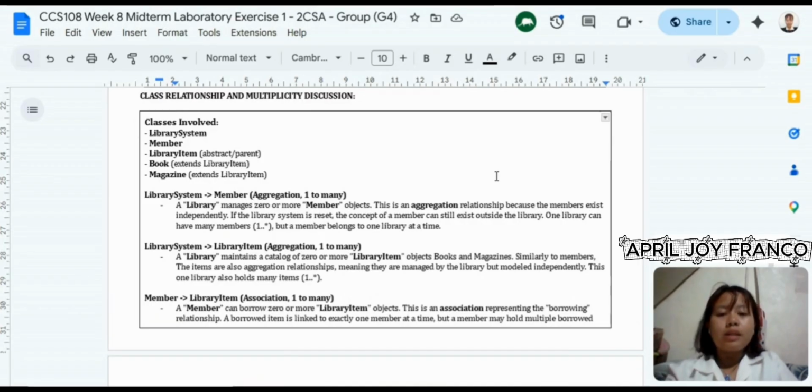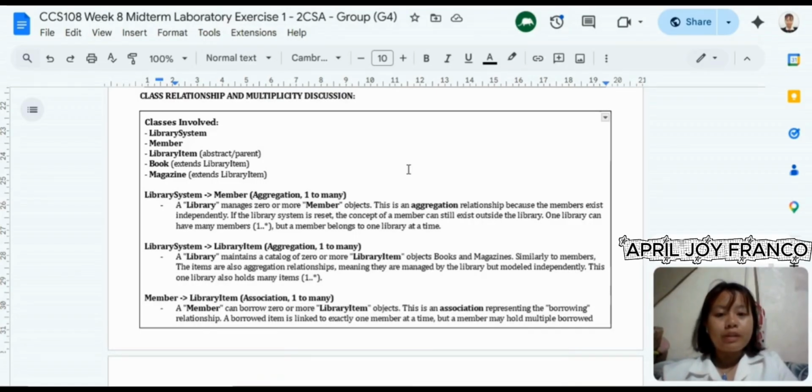One library system can hold zero or more library item objects in its catalog, giving it a multiplicity of 1 to 0 or many. Just like with the members, items are instantiated separately and managed through the add item and remove item methods.